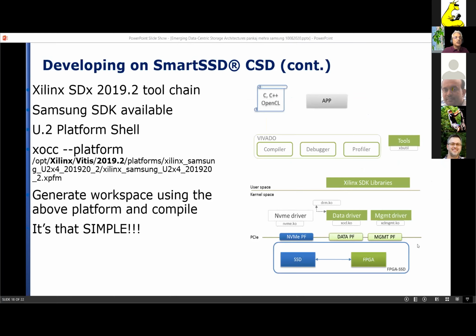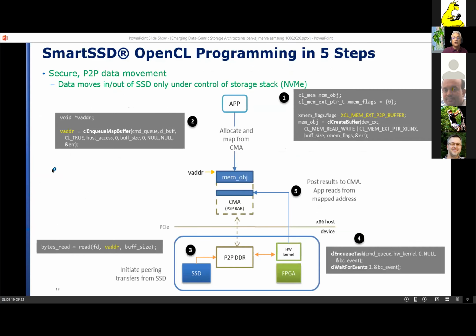Okay, so Smart SSD, for example, for Vivado RTL developers, you can use standard XOCC command, and it is supported out of the box by Xilinx tools since their 2019.2 release. So you can just have a standard RTL target that you can compile for. Okay. The coding is also very simple. Like I said, you can use OpenCL commands like clCreateBuffer to create a buffer in the FPGA's DRAM.